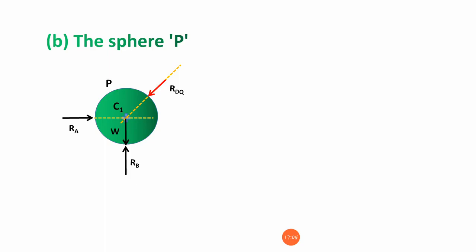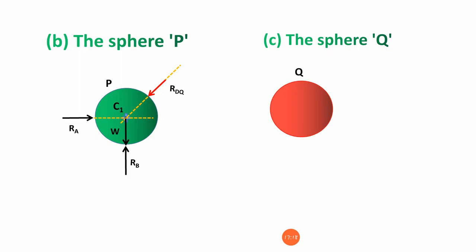Whatever the forces are there, now they pass through the point of application, so the system is in the equilibrium condition. Then I am going to take the sphere Q. In this sphere Q, what will happen? It has two contacts. One, the self weight is there. One contact with the sphere P, another contact with the point C. You can see this is Q. Then the weight is acting in the downward direction. Then the RC from the right side wall is the reaction force, and this is the line of action. Then there is RDP, that is the force exerted by P on Q, and the line of action is in this way. So then the body is in the equilibrium condition.